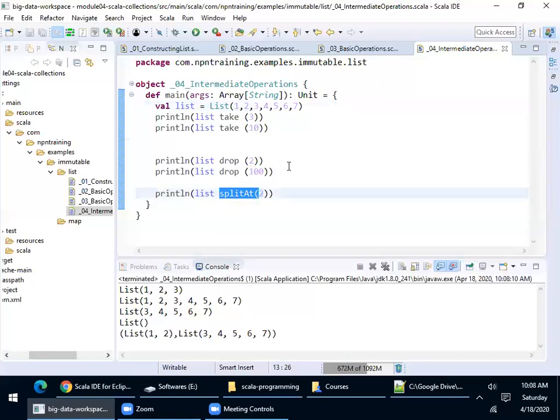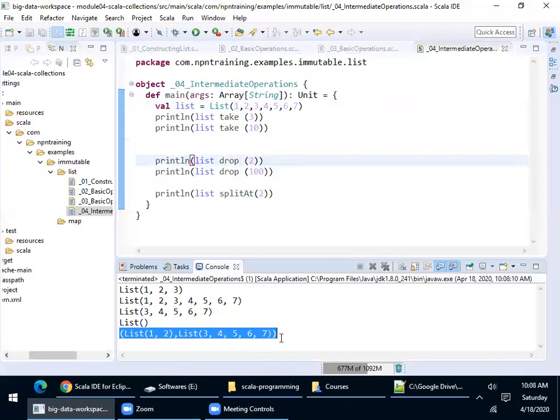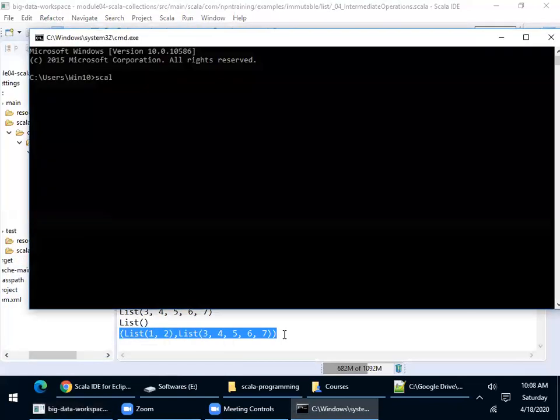Yeah, Vinay, go ahead. Sir, if you use a split, will it be a list of lists, or what is it? It is a tuple. If you see this, it is a tuple. We will see what a tuple is in a moment. In Scala, we have another container, which we call a tuple. A tuple is something surrounded with braces. That is why for other things it was giving a list, but here it is not giving a list. This is a tuple. So in Scala collections, you also have something called a tuple. Since you asked, I'll just show you what a tuple is.